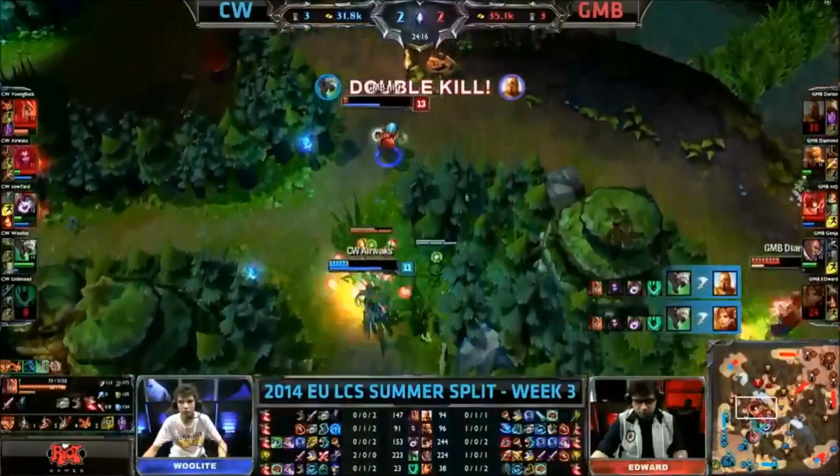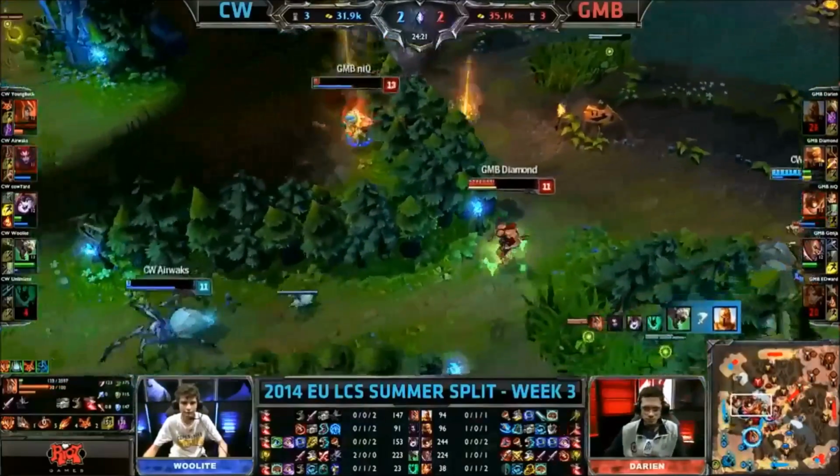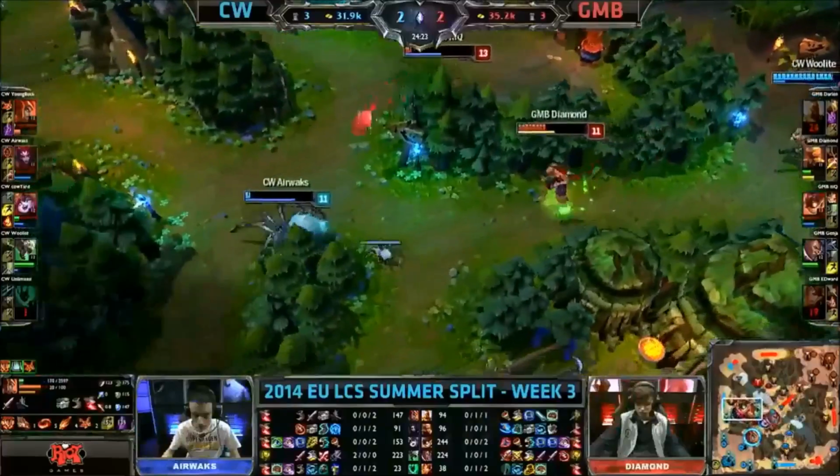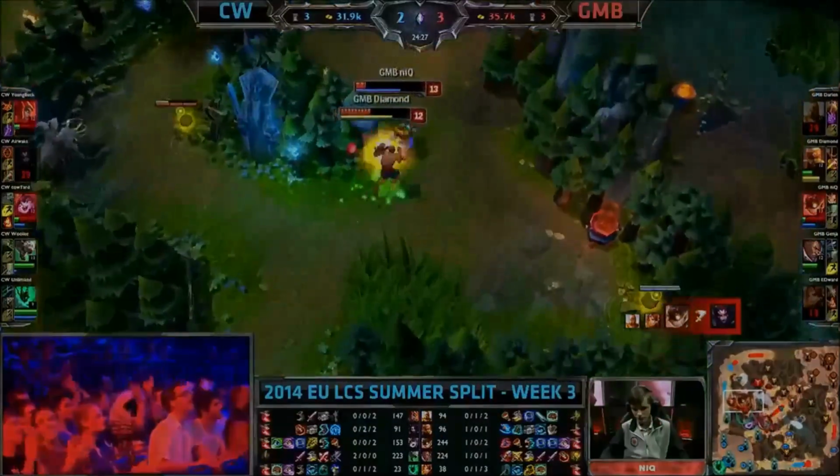Woolite has managed himself 1, which will give him the double, and Airwaks lands a cocoon, but doesn't have the damage. And now Nick flashing over the wall. Bouncing bomb lands. Brilliant from Nick. So at the end of the day, it trades a...